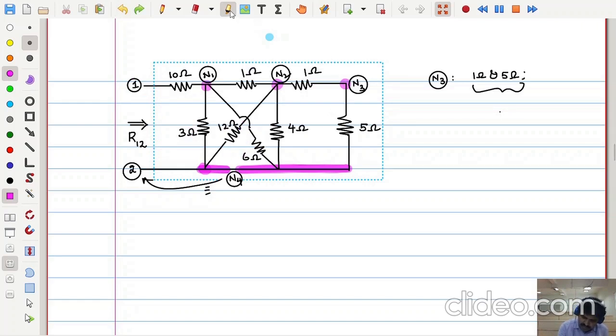Here this is not a connection. That's why I showed it with a cross mark. See carefully, this is a jumper. It means that on top of this, a wire is laid. That is not a junction. If it is a junction, I would have represented it with a thick dot.